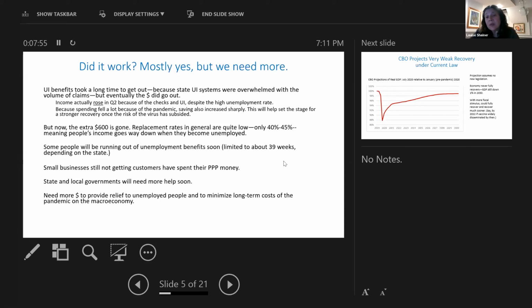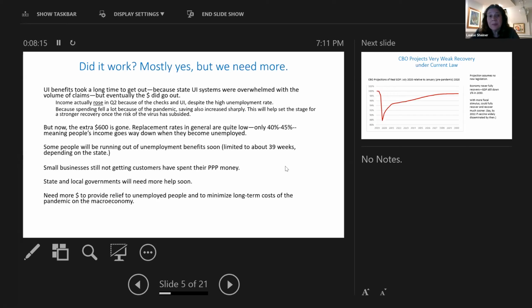And state and local governments, they did get a reasonable amount of aid for this year, but they're looking forward to next year, and they're going to see that the economy is still going to be weak, and they're going to need more aid, and knowing that, they're not going to be willing to spend this year. So we need more money to provide relief to unemployed people and to minimize these long-term costs of the pandemic